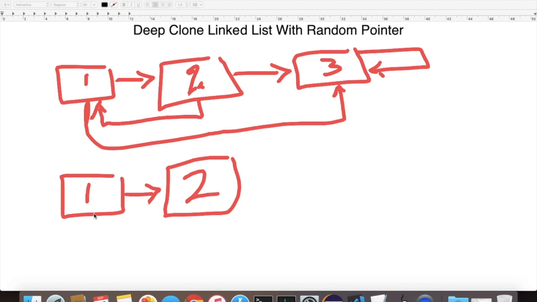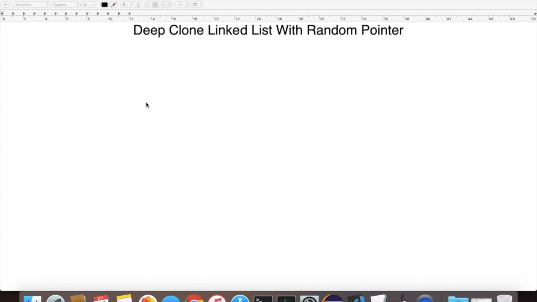in their places. I want you to think about how we can solve deep cloning a linked list with a random pointer, and you can pause the video for a few seconds or few minutes to think about how we can solve this, and let's come back again in a few seconds. Okay, so now we are back. So let's think how we can solve this problem and how we can keep the random pointer in the right place. So in our case here we have